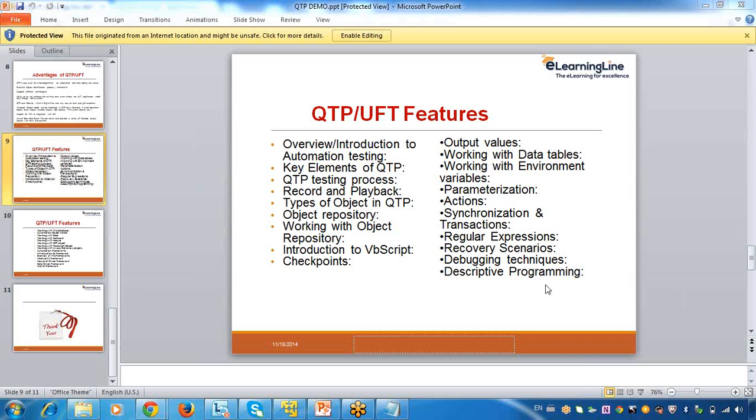Whether it is manual testing or automation testing, everywhere there should be some testing process. In automation testing also we have a testing process, and we will see how to perform this testing in QTP. Then we will start with record and playback. Actually, I will discuss record and playback for only one or two sessions. I will not go through recording and playback over more sessions. The reason is